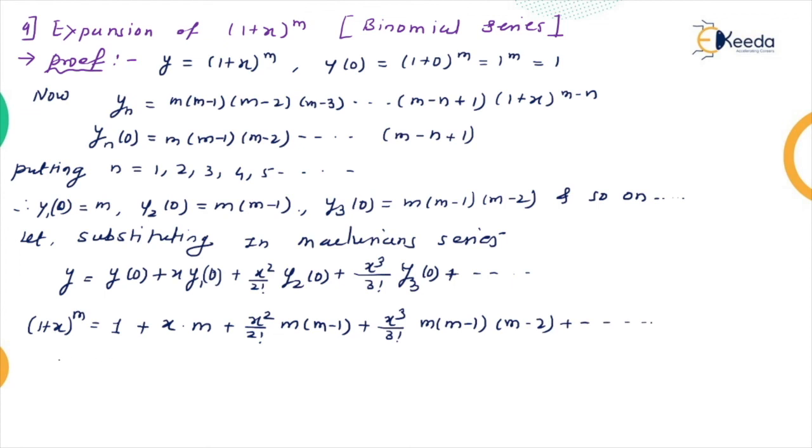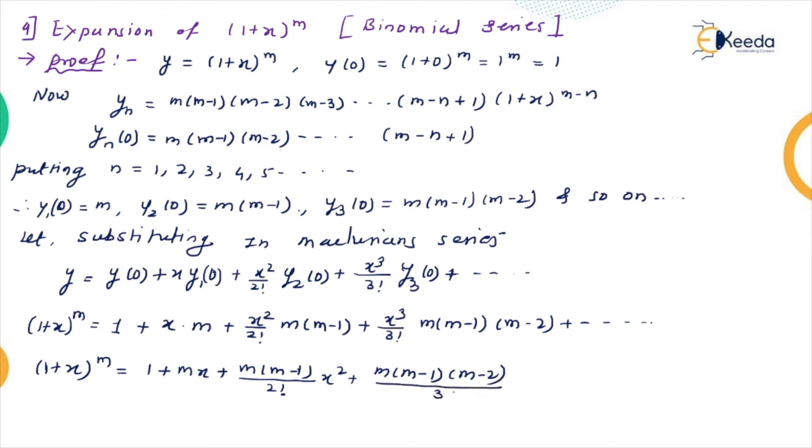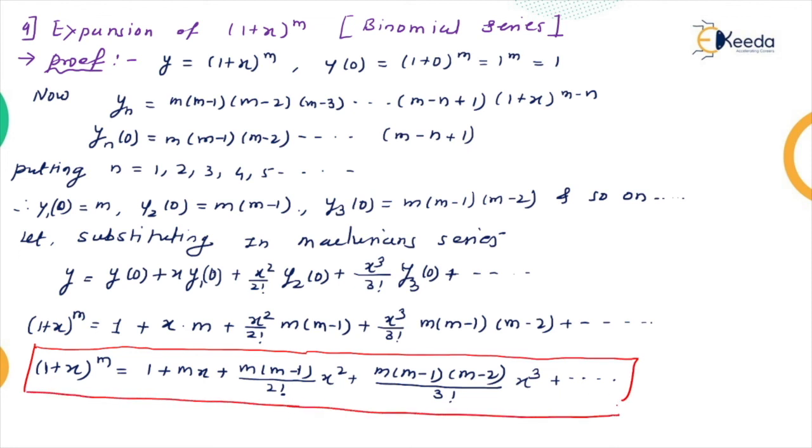Now I am doing only a rearrangement of this step. 1 plus x bracket power m can be written as 1 plus mx plus m into m minus 1 upon 2 factorial into x square plus m into m minus 1 into m minus 2 upon 3 factorial into x cube plus and so on. This is the series expansion of 1 plus x bracket power m. I hope you understand this concept, and the expansion of 1 plus x bracket raised to m is called